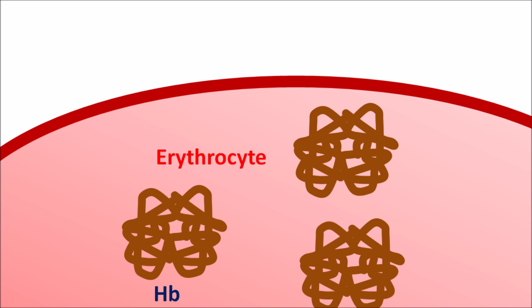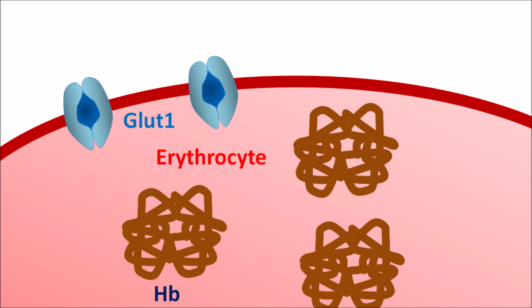Now glucose can enter into the erythrocytes and it can bind to the hemoglobin. But in order to enter into the erythrocytes, they should express one of the transporters. They are the GLUT1 transporters. These are the transporters for the glucose. Now glucose within the plasma can enter into the erythrocytes through these GLUT1 receptors and it can bind to the